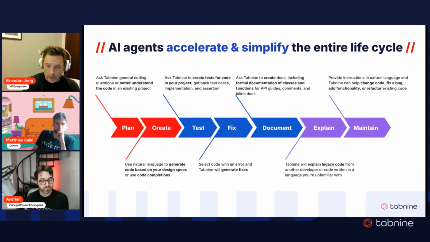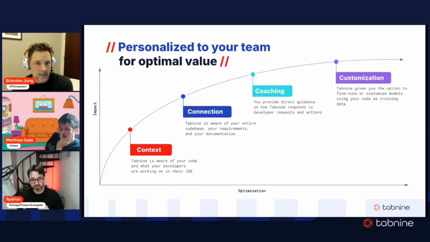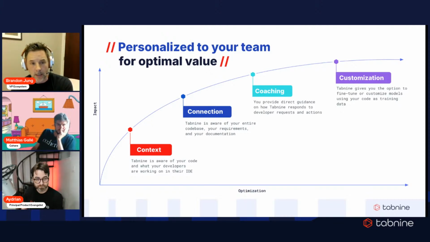We'd love to work with you to ensure that you get the very best for your developers, your team, no matter where you're coming from, no matter what code base you have, and no matter what your security requirements are. So again, this is what we're working on. We start with the basics of really strong models that we've looked at that are secure, have been only tested on and use fully permissive code, as Matthias has said. Then we start adding the context, connection, coaching, and customization. These are all areas that both Tabnine and Cohere work together to deliver for you. And then you're off and running.